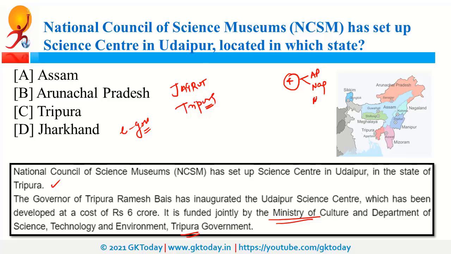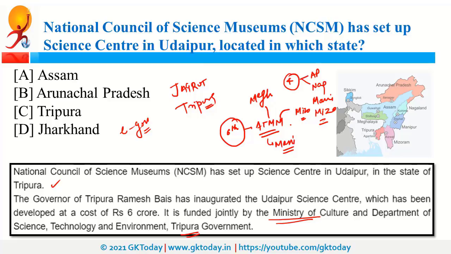Nagaland, Manipur and Mizoram. Now, as per the 6th Schedule, 4 states are covered. These are A, T, M, M. But remember, in this ATM, there is no money. So, there is no Manipur in this. A stands for Assam, T stands for Tripura, M stands for Meghalaya, and this M stands for Mizoram.